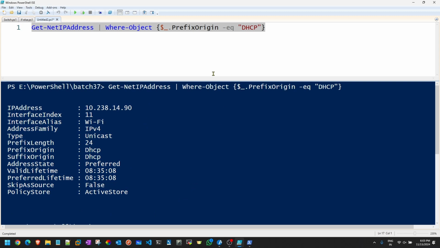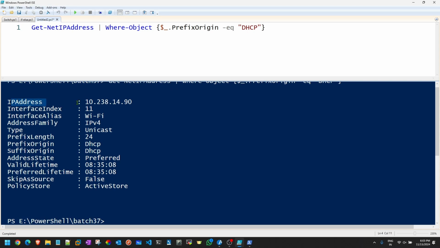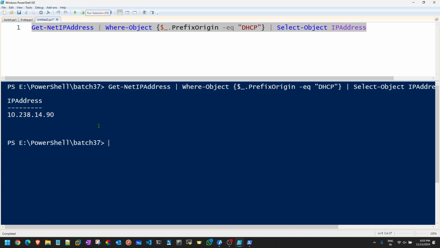But Select-Object, if you do that, IPAddress will be the header and then below this will come. Meaning, Select-Object is also a good option. Now see what happens. It's coming like this. This is also an acceptable answer. I'm not denying, this is also acceptable. But to make it more precise, there's one more thing that can be done over here, which is